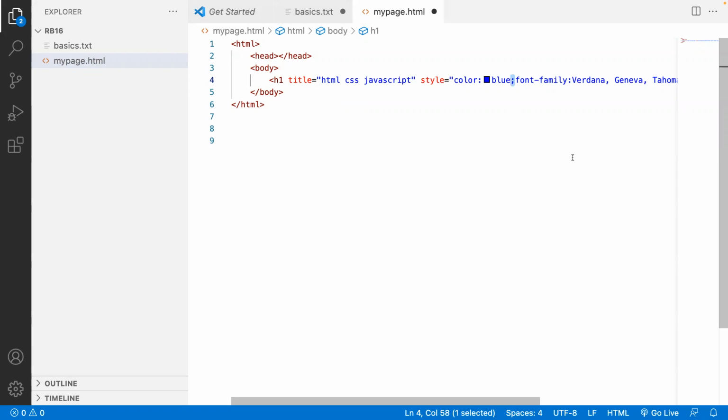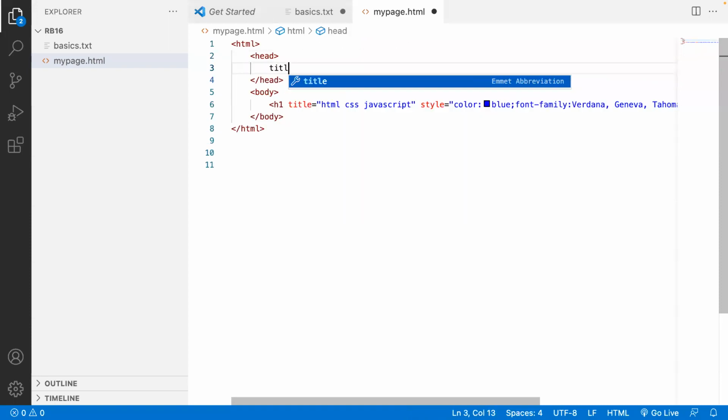And the second thing: in the head section there are so many other things. Leave them, I'll give you some other videos, but one element is very important, that is title. Title open tag and close tag, whatever you give in between will come into this tab heading part.